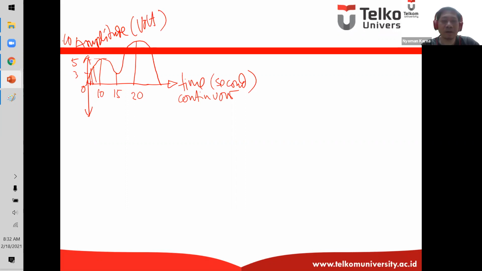How about the amplitude domain? We have 0 volt. We have maybe 1.1 volt. We have also 1.7 volt. We also have 1.771115 volt, etc. So basically, the amplitude domain, we also have all the range of volt. 0, 0.1, 0.115, etc. So the amplitude domain also has the continuous characteristic.